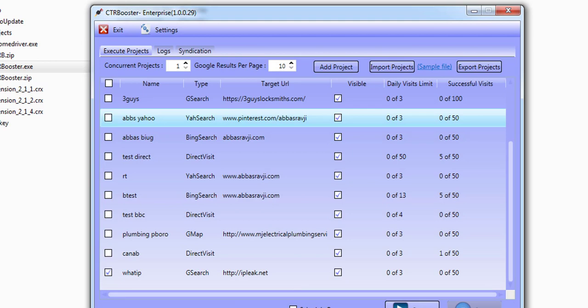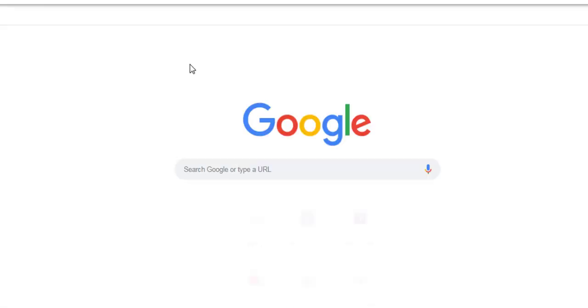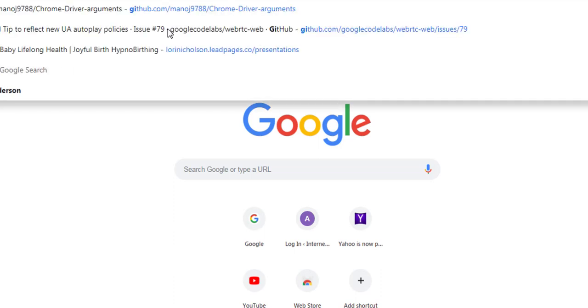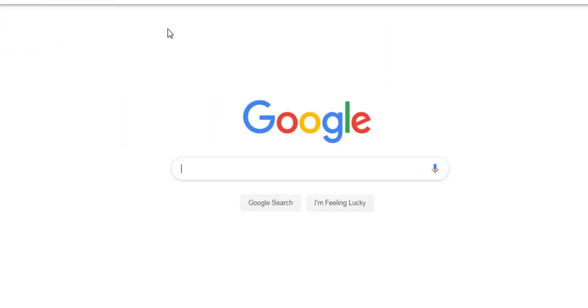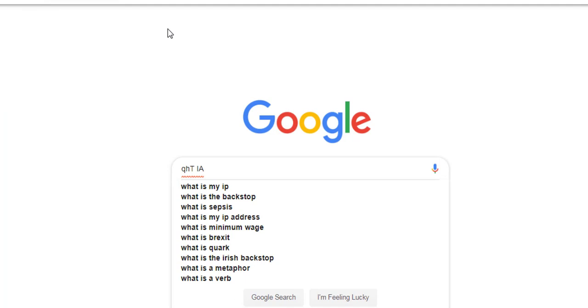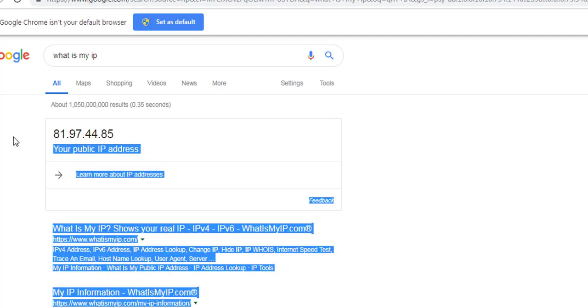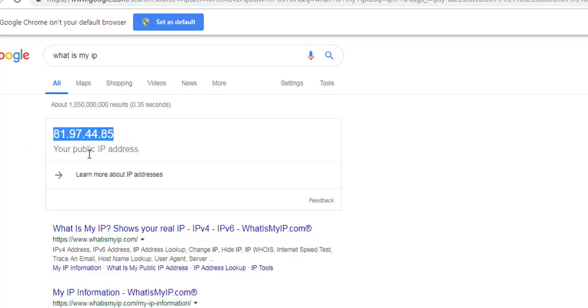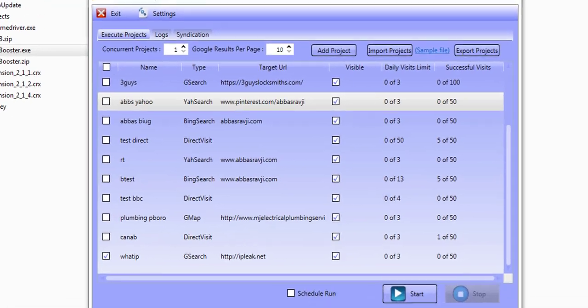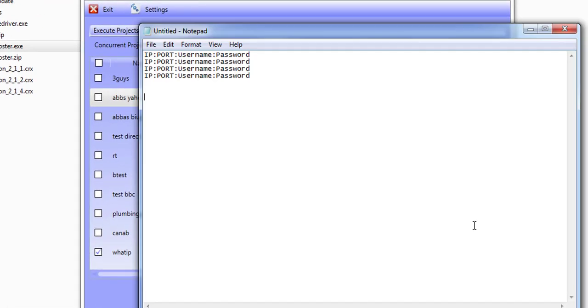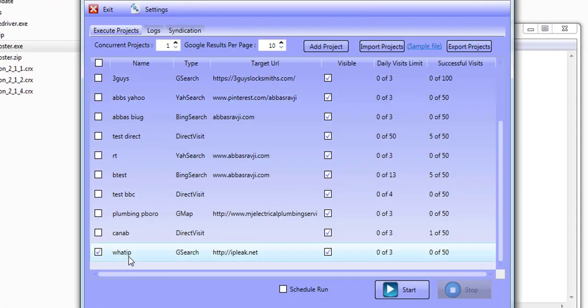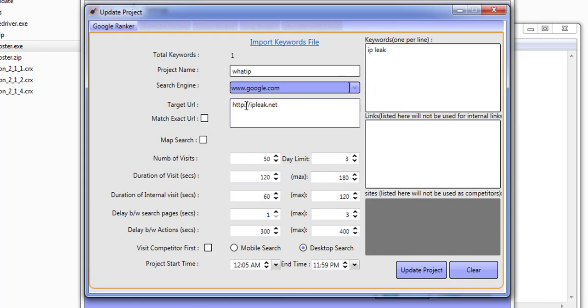Okay, so I'm going to show you my IP really quickly. So we'll go over to Chrome. I'll go over to Google, and we'll do what is my IP. And as you can see, my IP is 81.97.44.85. What we'll do is we'll actually copy this down here, and I'll close out Chrome, and I'll just add this down here. Okay, so what I've done down here is I've created a project which goes over to ipleak.net,